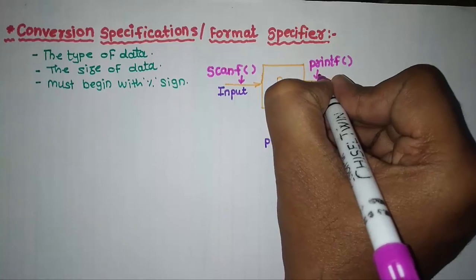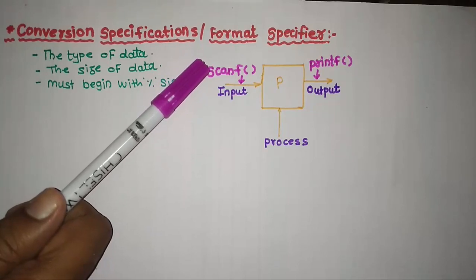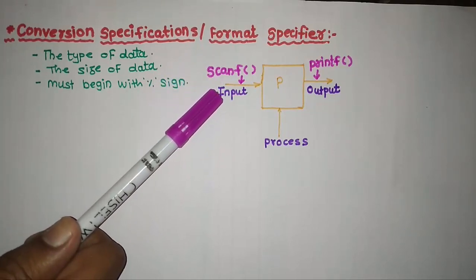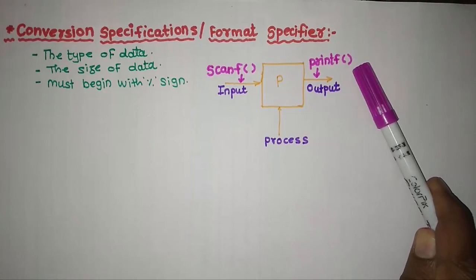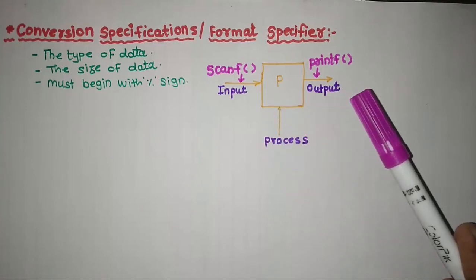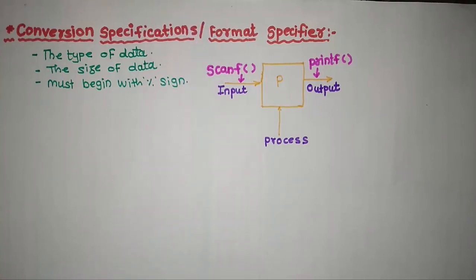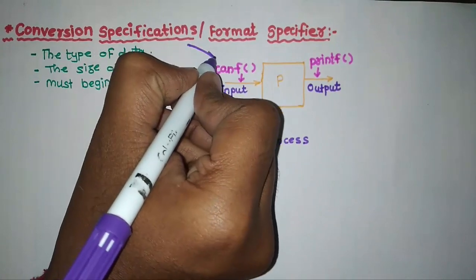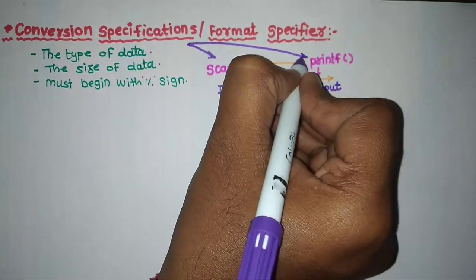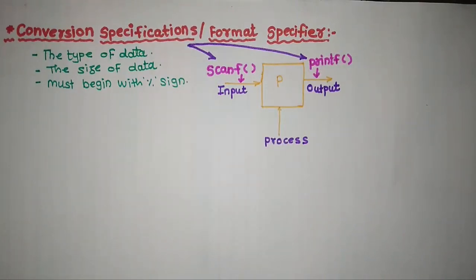So now just these two different functions are there with us. The first function is the scanf function. The scanf function is always used to take data as an input, whereas the second function is the printf function. This printf function is used to send the data as output, whatever processed data is there. And these conversion specifiers, that is format specifiers, are always used along with these two functions, that is with the scanf function and the printf function. Okay, so before going to discuss further, let us see the syntax for the scanf function and the printf function.